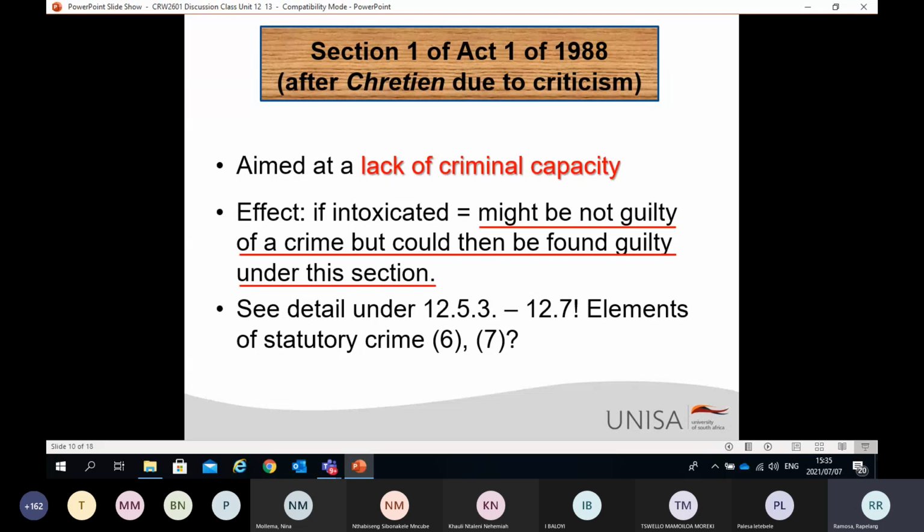The first of these is State versus Lange, 1990, Volume 1, SACR 199W. The accused had been charged with housebreaking with intent to steal and theft, and raised the defense of intoxication, which succeeded on this charge. But the question arose as to whether the accused had correctly been convicted of contravening Section 1 of Act 1. Ultimately, the court confirmed the conviction of contravening that section. But in the course of its reasoning, it went as follows and said,